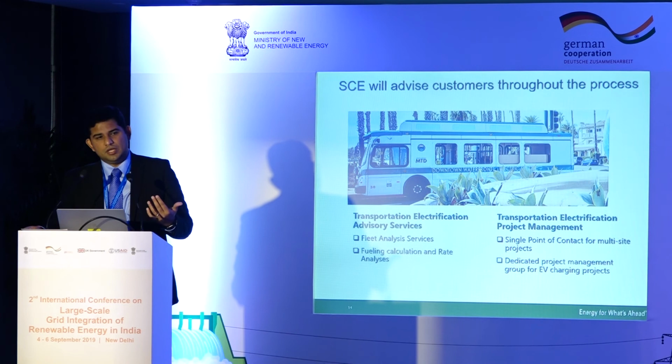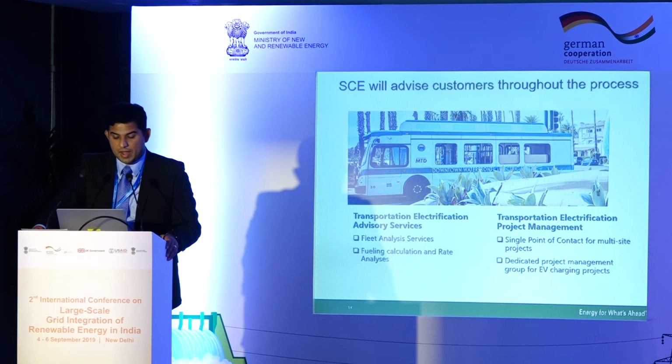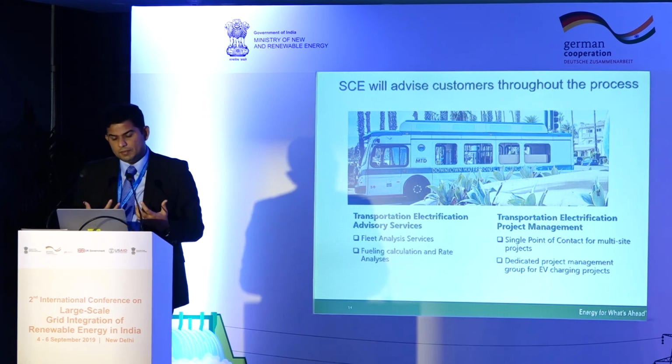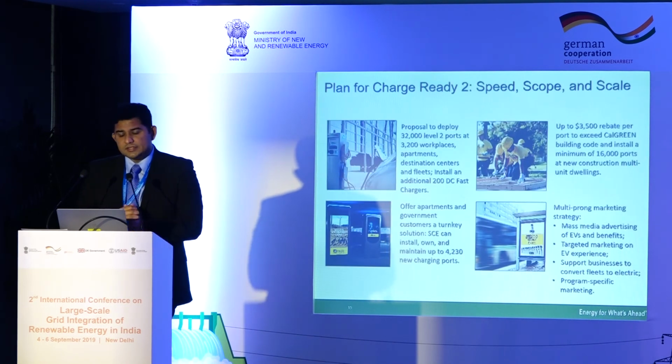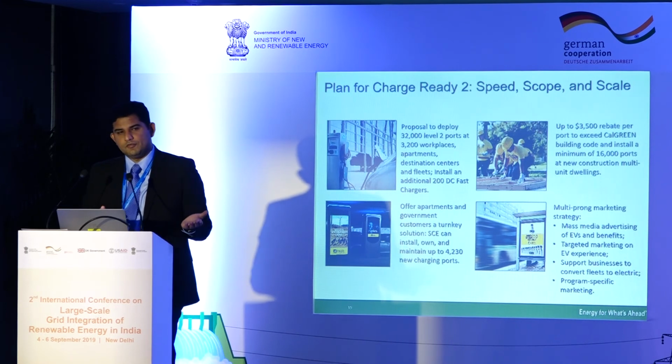I can switch to the EV time of use where overnight charging, early morning charging is super cheap, and I can charge my car during that time rather than late afternoon or evening when the demand is really high. Having these programs available to our customers, providing some of these services, has encouraged them to consider this at big scale. Other things that are coming up, so I talked about Charge Ready 1, 33 million, 1,250 ports,